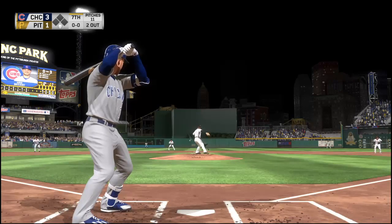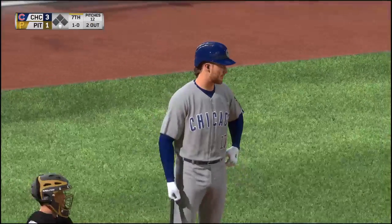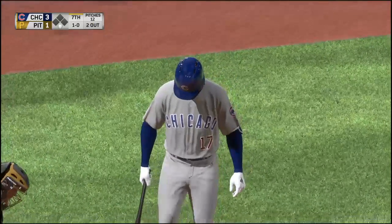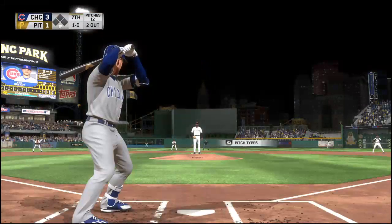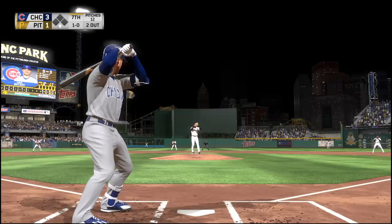First pitch coming. Here it is. A fastball here as he'll take a look at ball 1. 1-0. 2 outs, bases empty, and I got one of my power guys at the plate. This is where you let it fly right here. Give me a home run or a double. Give me some kind of extra base hit